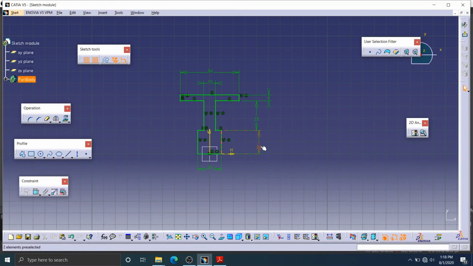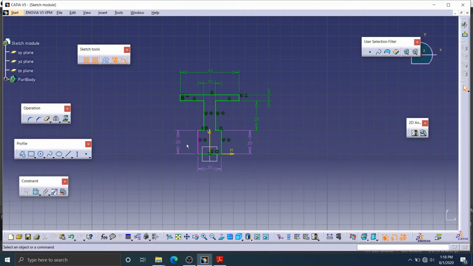Suppose I have already given the length of this line as 20. Again if I give a 20 dimension, you can notice I am over-constraining the sketch. The color changes from green to magenta.